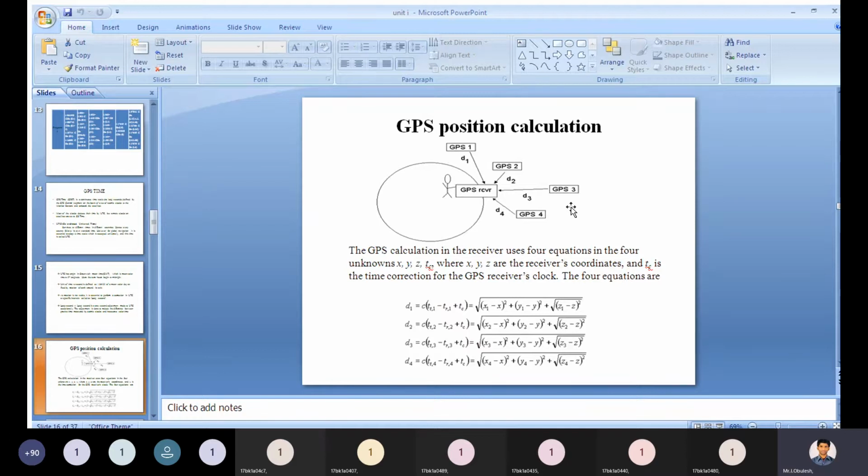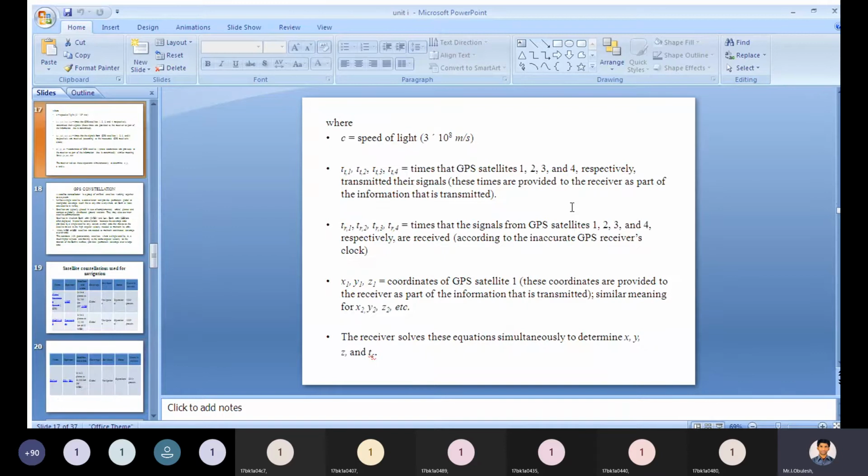So these are the four equations, where c is the speed of light. I think you know the speed of light is 3 into 10 to the power of 8 meters per second. And here we have times T1, T2, T3, T4. These are the times that GPS satellites 1, 2, 3 and 4 respectively